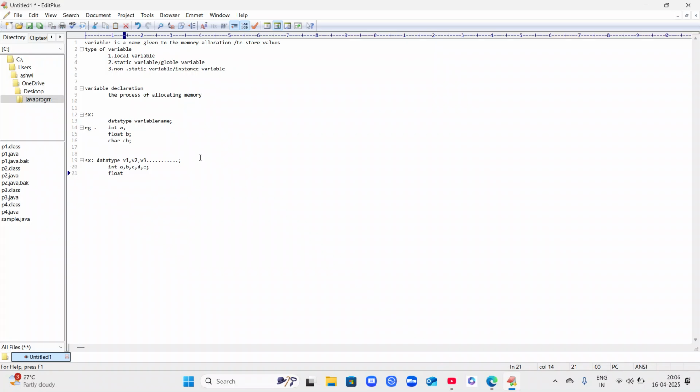It might be float c, w, e, anything. So one single data type and any number of variables can be declared under multiple declaration. Okay, so whenever you create like this, first int a, so one memory allocation will be